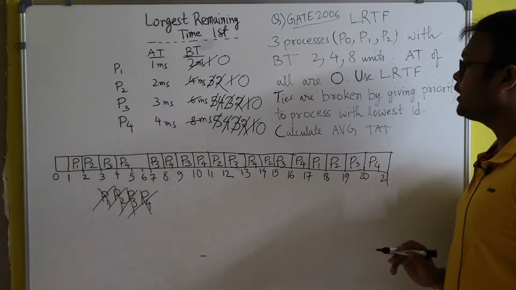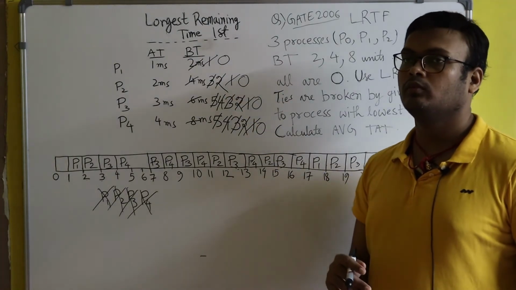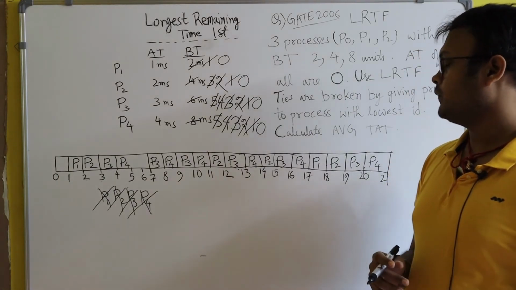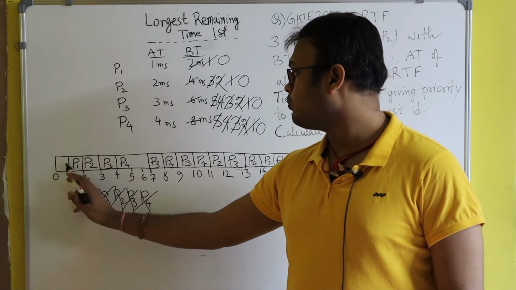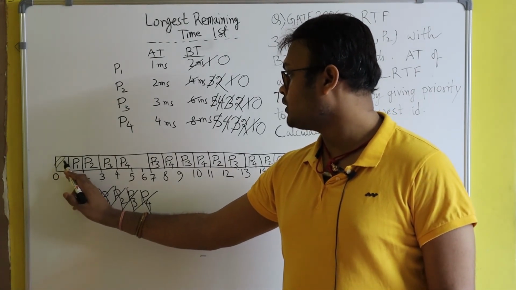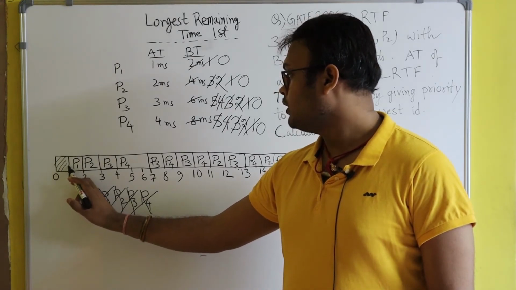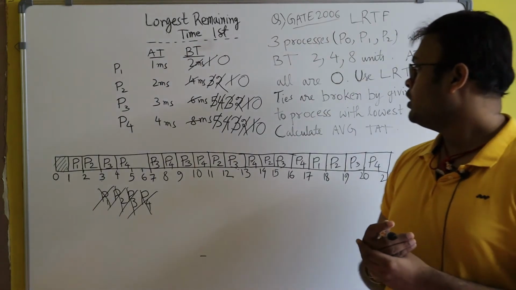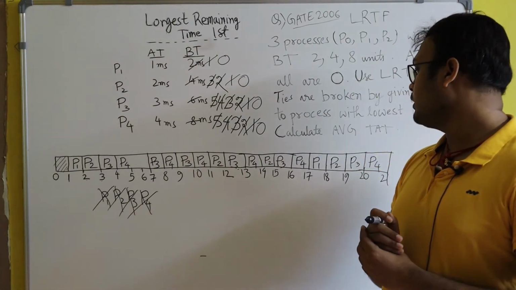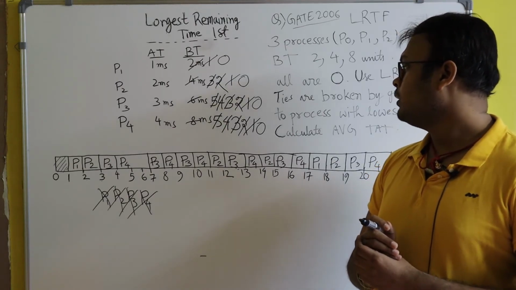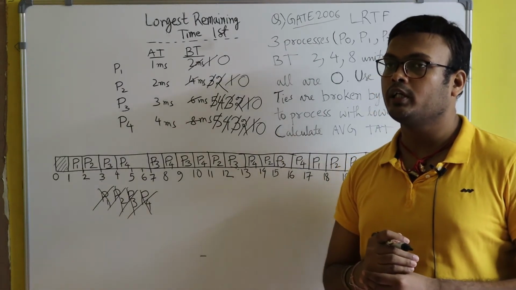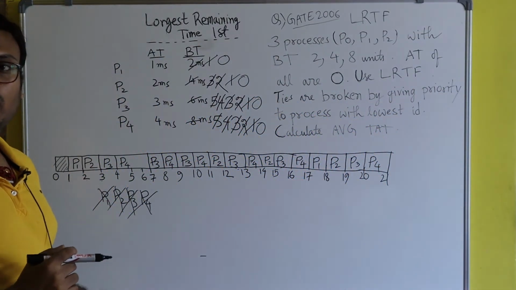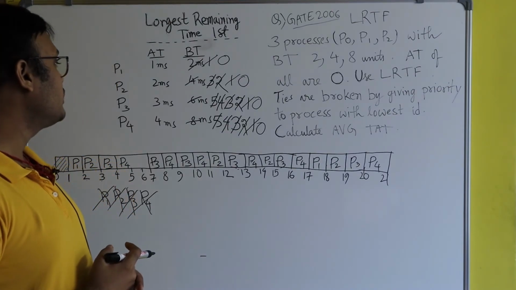So this is the Gantt chart representation of this question, the longest remaining time first algorithm. And you see here from 0 to 1 millisecond the process is idle, because the CPU is idle; it has not been assigned to any process. You might be thinking that the name of this algorithm is longest remaining time first, but you see here